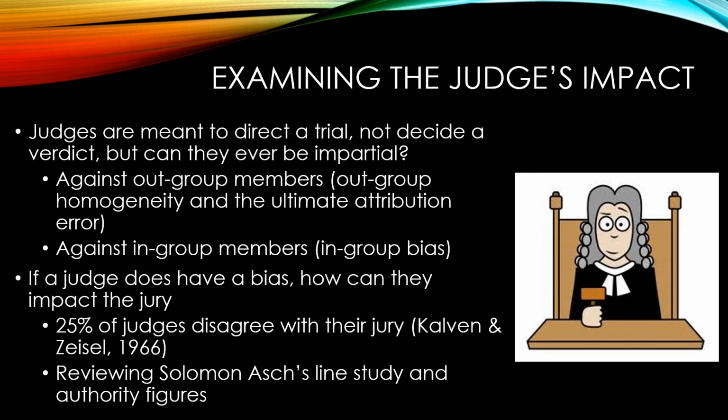Now, obviously, that might mean that both the judges and the juries are right in certain conditions, if there is technically a right and wrong in some case. But there's probably also a lot of room for doubt where judges and juries are coming to the wrong conclusions, but they're coming to the wrong conclusions together as a result of some of the biases that maybe the judges are carrying with them in these cases.